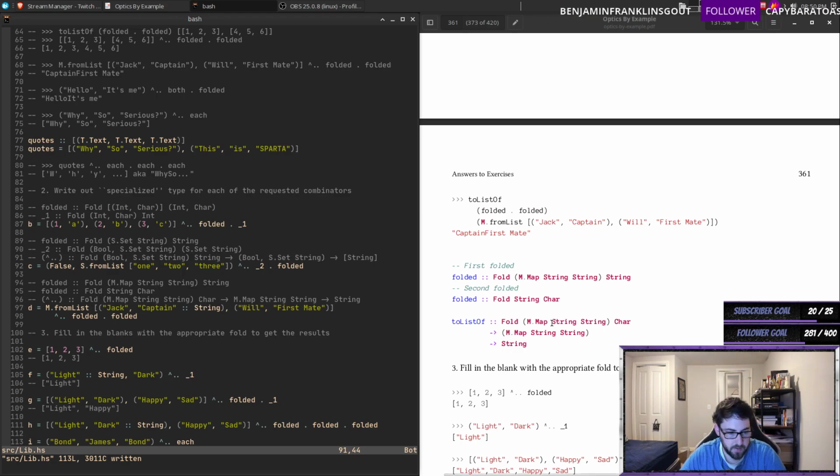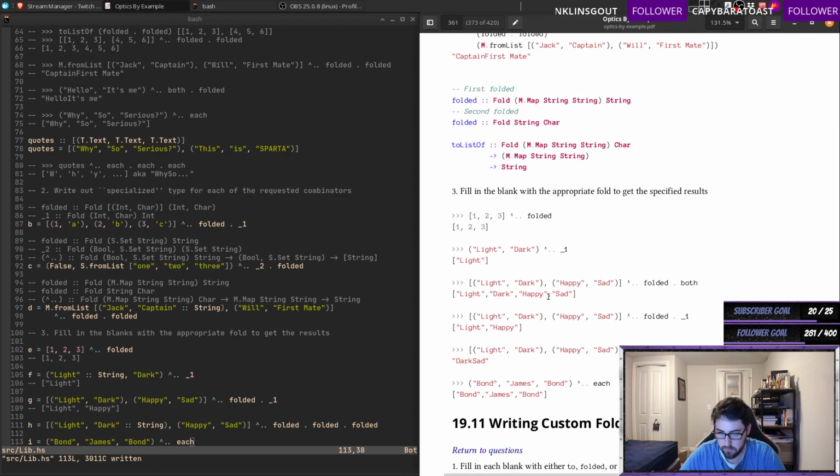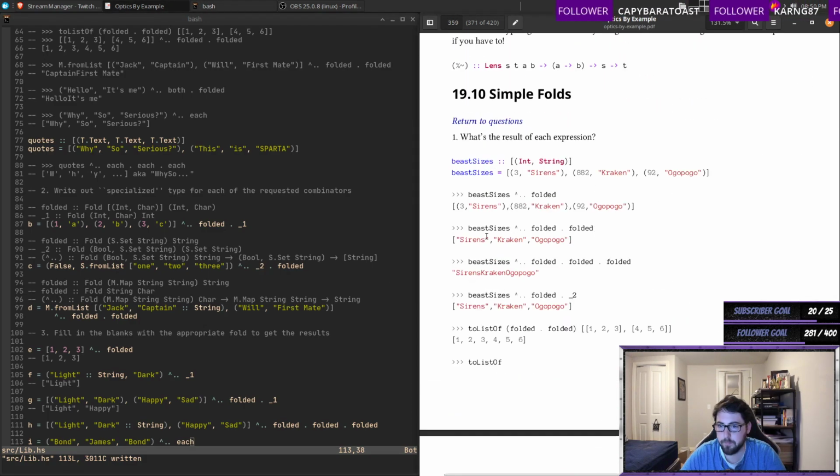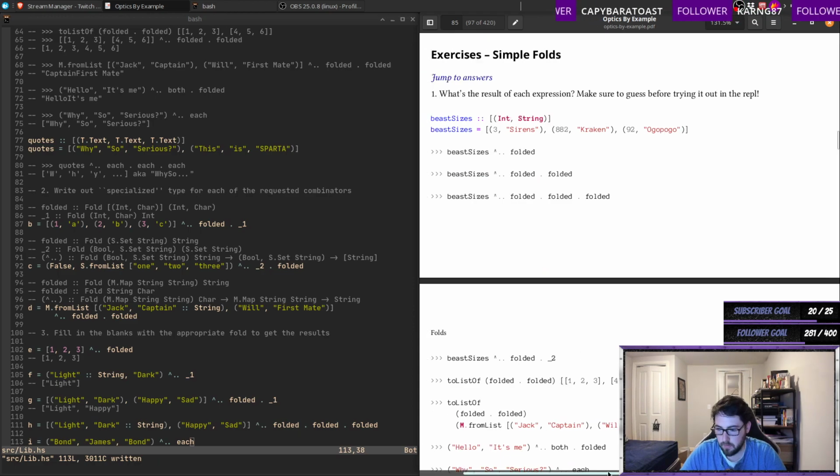All right. And then we'll just double check. Well, we already double checked these as well, right? It's pretty trivial to just check them in the REPL. There we go. All right. So